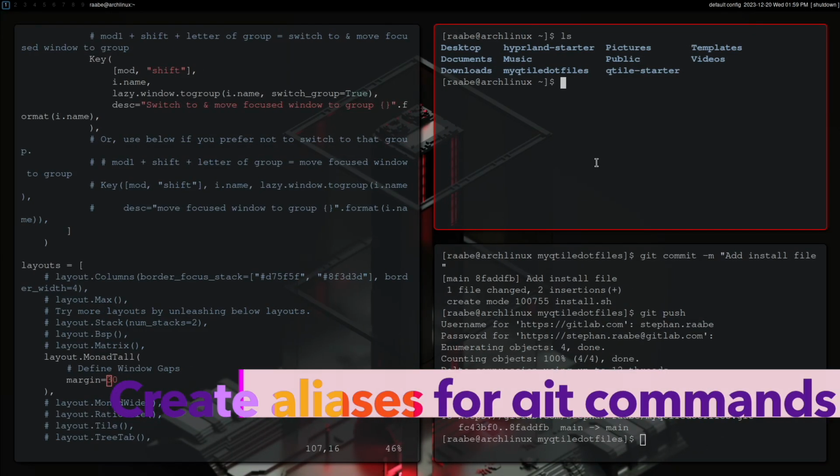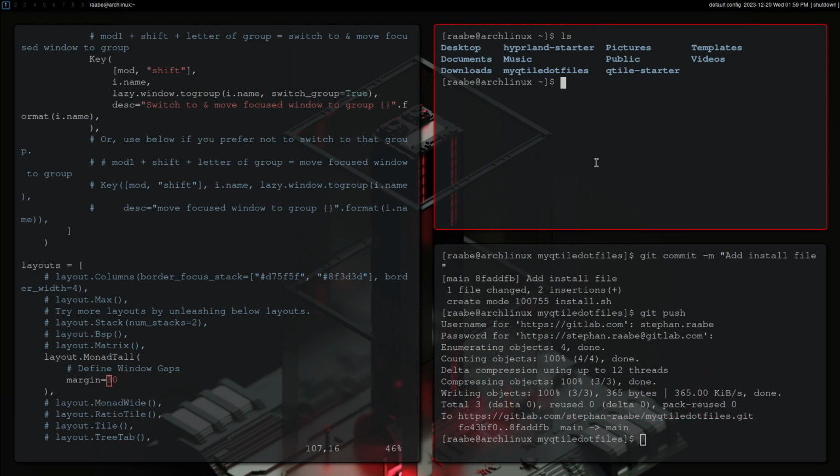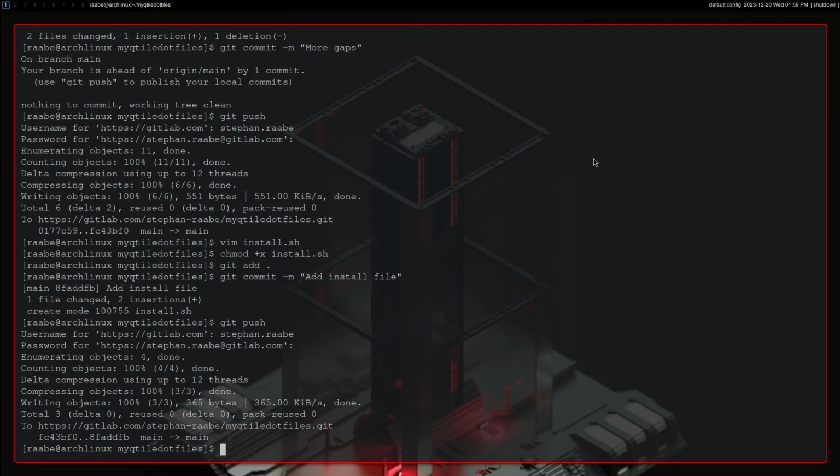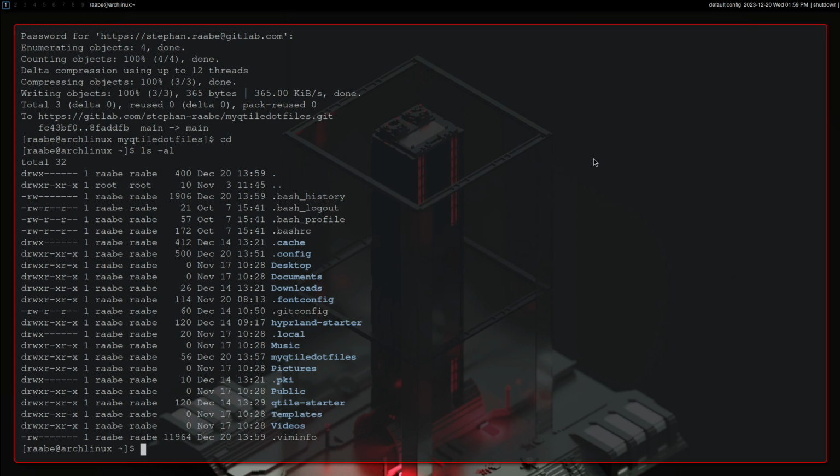Let me show you a little trick to make your life easier, because you have seen that I have a lot to type at the moment. And this is what I want to change now. Let's cd into the home folder with ls -lal. You see that there's a .bashrc file, and here I can add an alias for several Git commands. Let's open it with vim .bashrc,